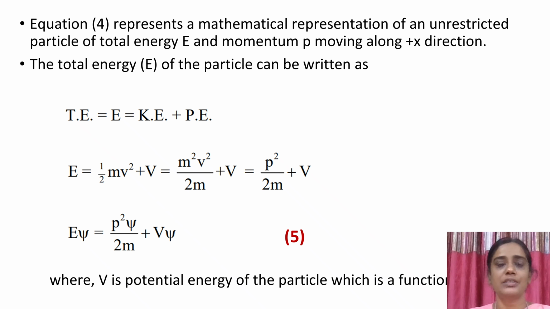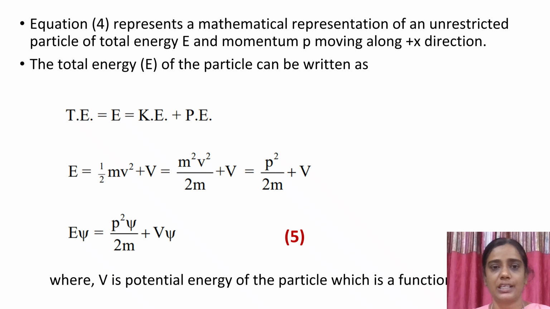The equation we have described as number 4 is giving us the mathematical representation of the particle which is moving with unrestricted force with the total energy E and momentum P along the positive x direction. In general, the total energy of the particle is written as the sum of kinetic energy and the potential energy. So E is equal to half mv squared, which is representing the kinetic energy term, and capital V, which is